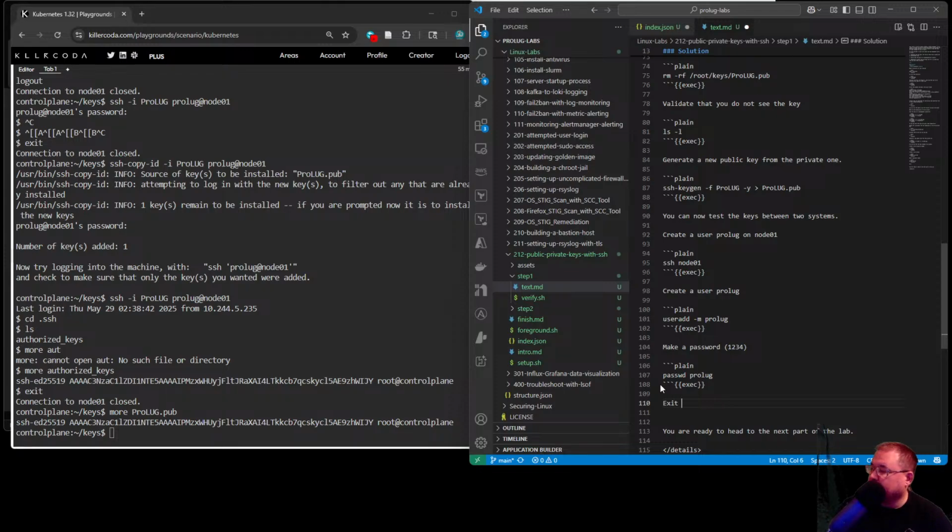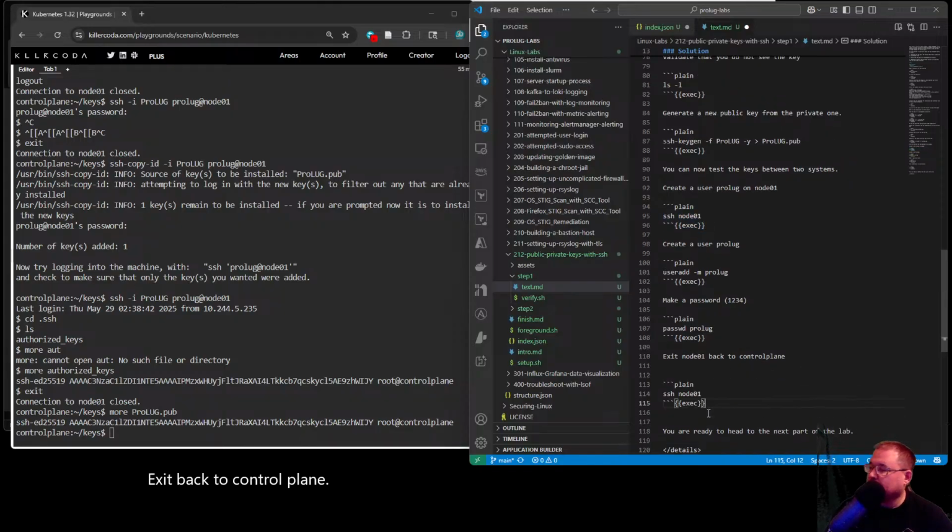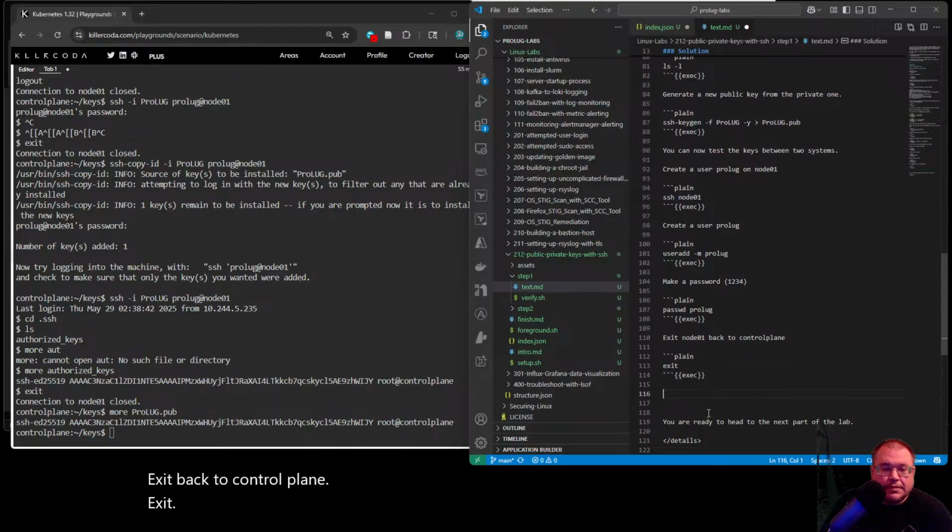Exit. Exit back to control plane. Exit. Okay. Now we need to go to, let's think about this. We're going to do our SSH copy ID.